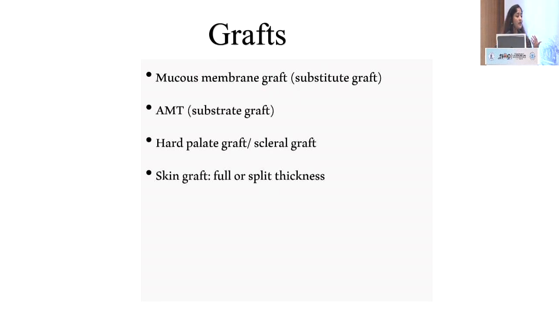So, we have multiple grafts that you can use in a contracted socket, depending upon whether you want volume, you want surface, or you want volume plus surface. For the surface, you have the mucous membrane graft, which can be taken from the lip or the buccal mucosa. You can use an AMT, which is a substrate graft, that is the amniotic membrane graft. And for the lower lid, for forming the fornix, you can use a spacer graft. You can use a hard palate graft, or you can even use a free tarsal graft from the upper lid. If you have a very malignant, contracted, dry socket, many a time you can also line the entire socket with a skin graft. It can be a split skin graft or a full thickness skin graft.